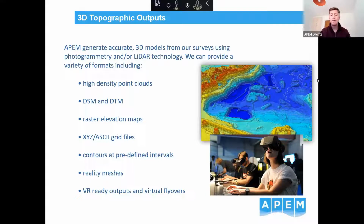So we would use either photogrammetry or LiDAR, or in some cases a combination of the two. And then we're providing high density point clouds, digital surface models, and digital terrain models. The difference between the two is the surface models contain all the surface features of the landscape, so trees, buildings, etc. are included in that model. The digital terrain model is with all those surface features stripped out, so you just get that bare earth layer. And if there's vegetation around, then that's where it's useful to have the LiDAR technology as part of that as well, because we can punch through the tree canopy and get data from the